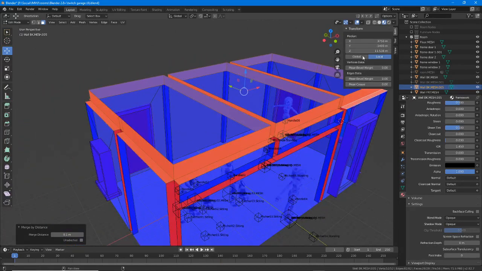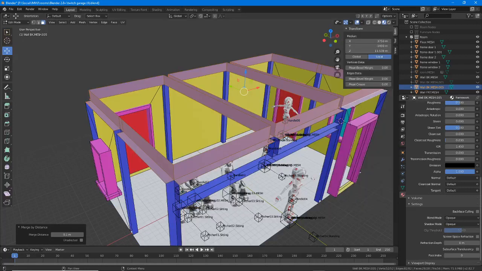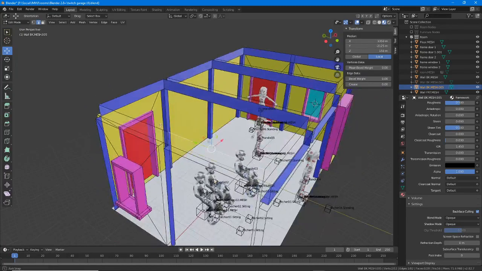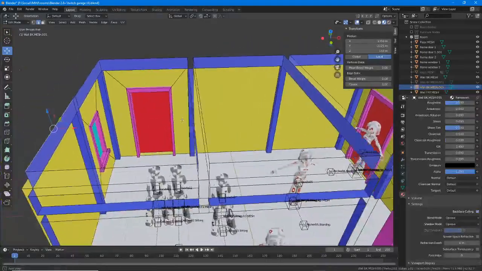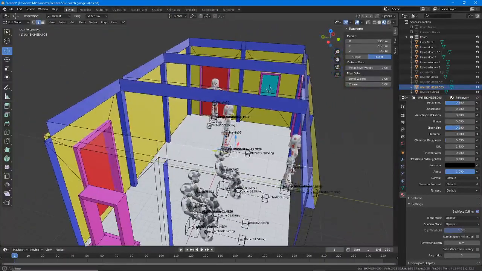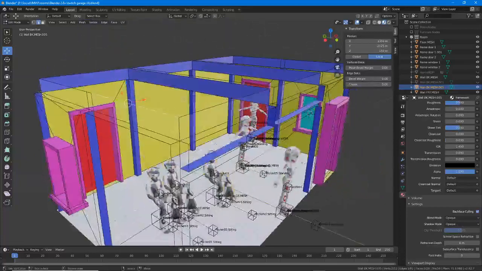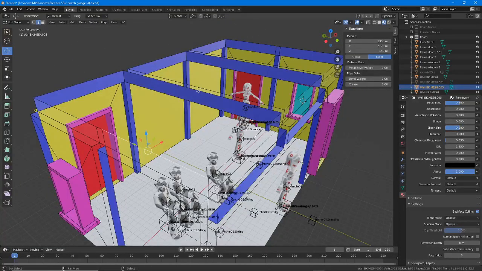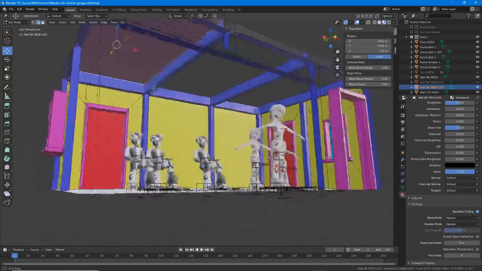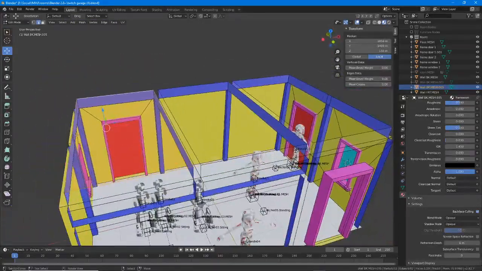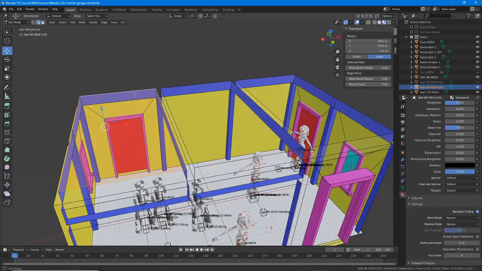Because what we can now do, let's disable backface culling, because what we can now do, actually what we can do, what we could do at this point is either fill this gap with a surface, so we have one large surface, or what we could do is, using these